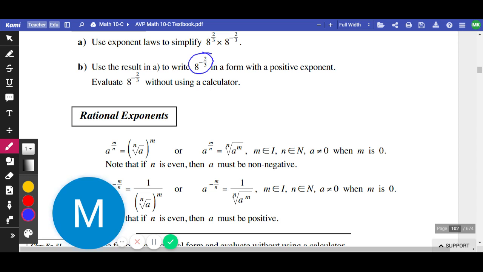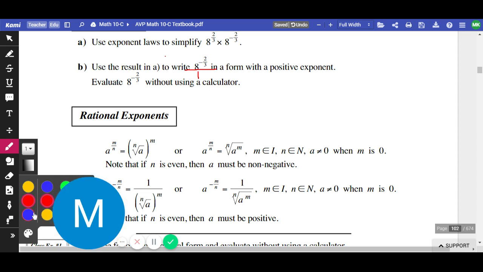We learned yesterday that if you have a power that has a negative exponent, like this one right here, we pretend that that thing is a fraction. You don't have to pretend, it really is a fraction. Everything in the world is divided by 1, we just never talk about it. So we have a power divided by 1.